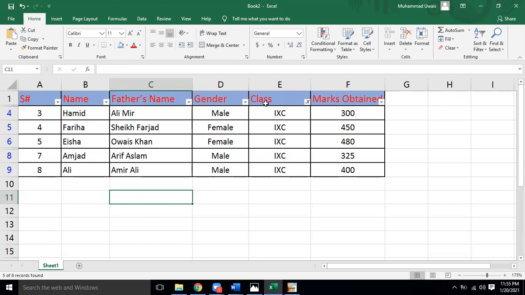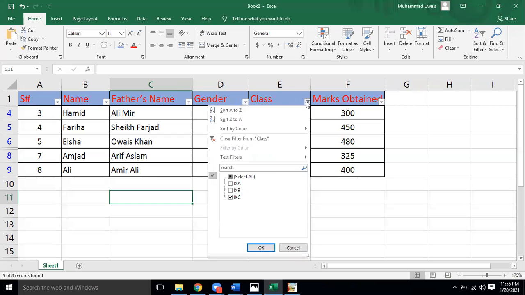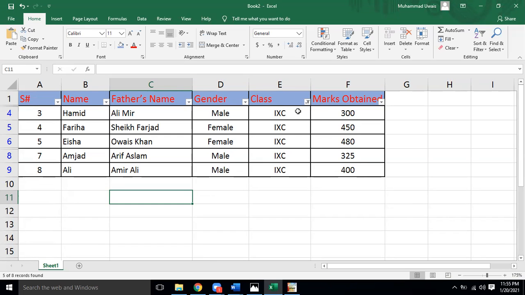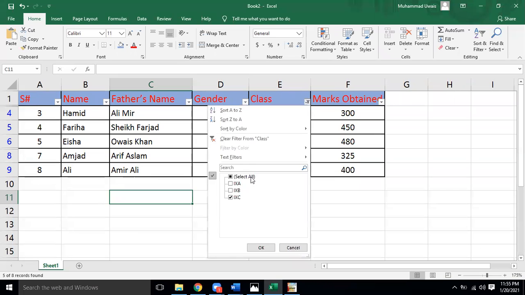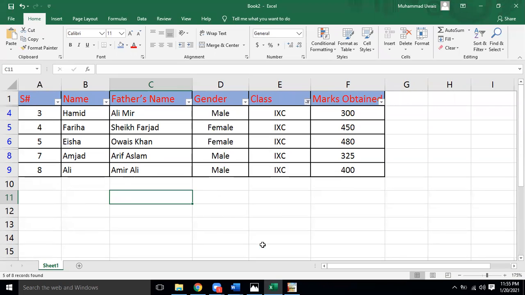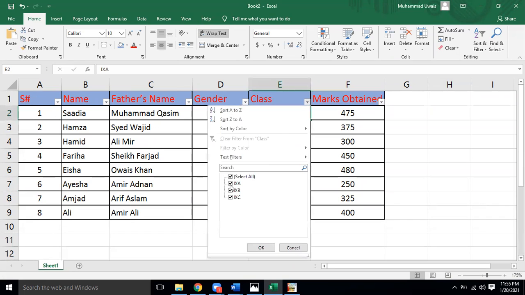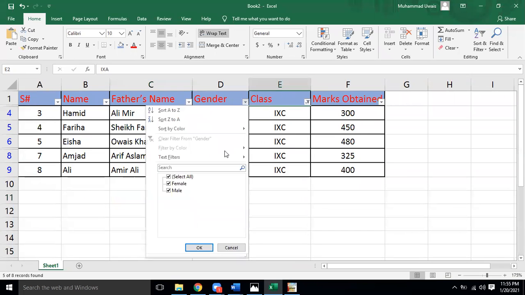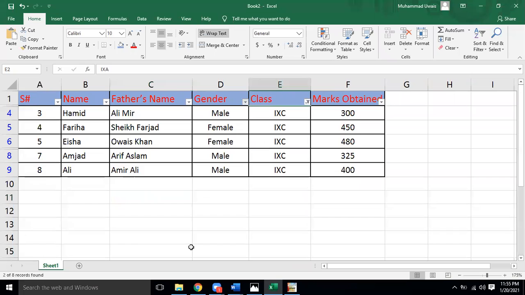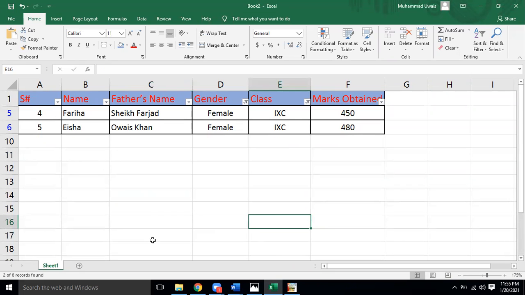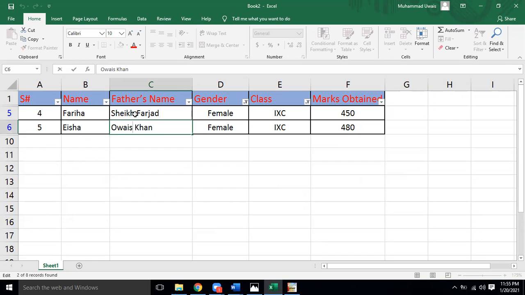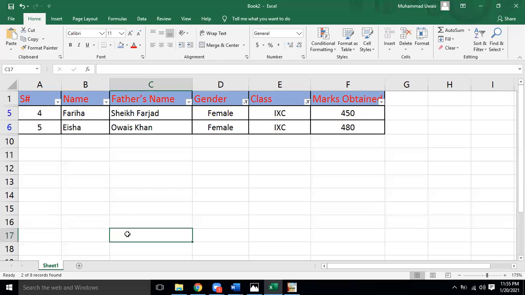If we remove that previous filter, wherever we have applied a filter, it shows you the filter option. So if I remove that filter, these are the total records. Now we have to apply two filters. Number one, there should be only 9C students, so I am selecting 9C, and there should be only girls, so I'm removing males. So there are only two records. One mistake is there, I think. No, now the names are correct. These are the father's names. Fine. So I take the print screen